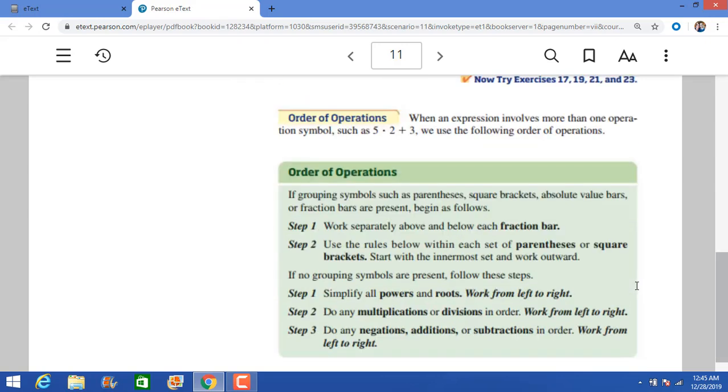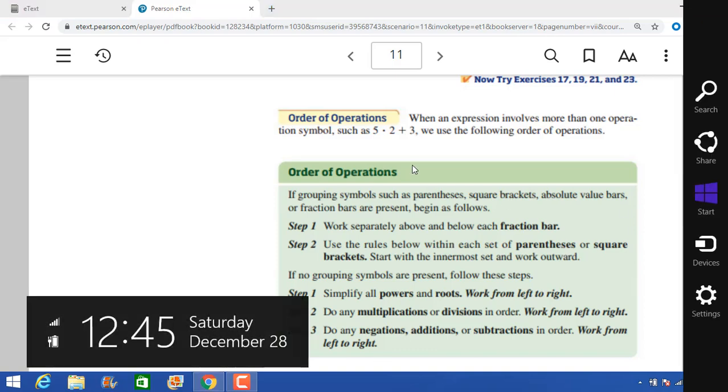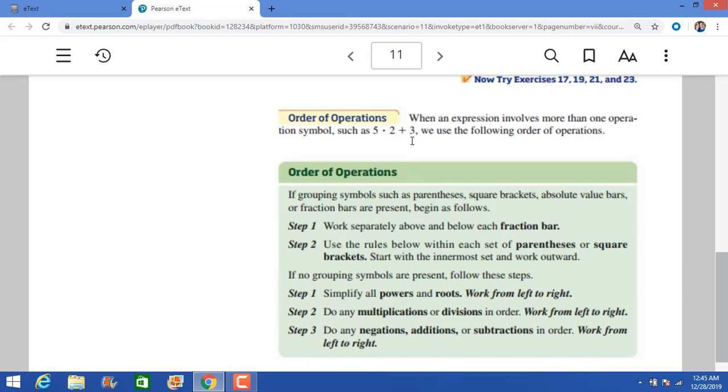Okay, so the order of operations. When an expression involves more than one operation symbol, such as 5 times 2 plus 3, which do we do first? Well, we have to follow the order of operations to make sure that we get the correct answer. The order of operations says this: if grouping symbols such as parentheses, square brackets, absolute value